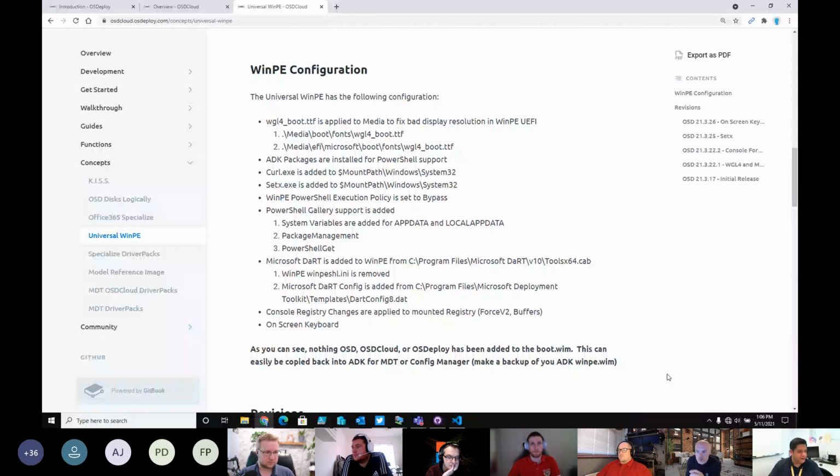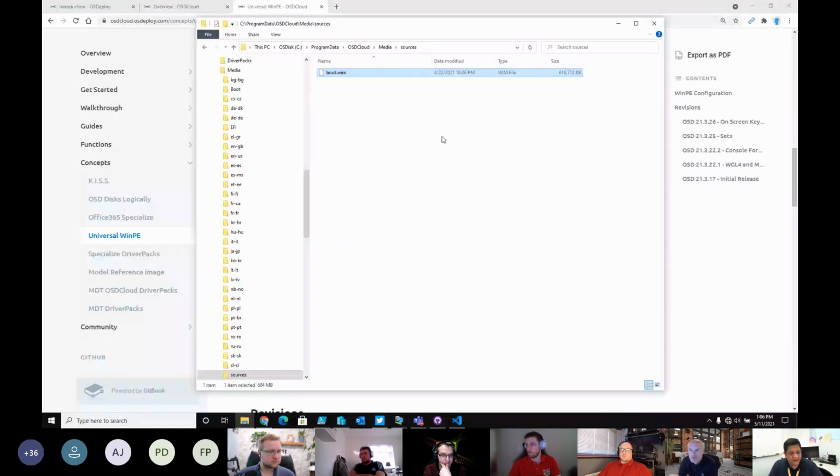And what you can do in your template, and let me pull mine up, is it simply creates under media a bare boot WIM with the ADK packages, no additional drivers, nothing else.